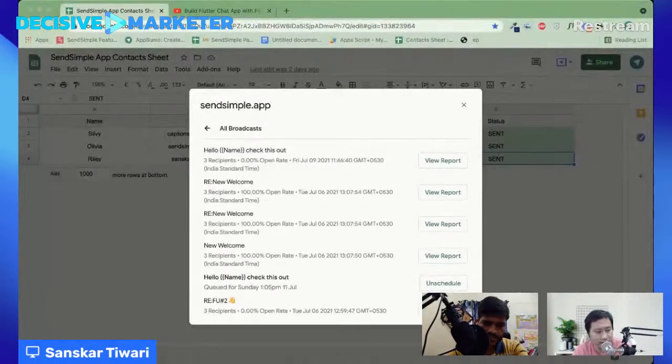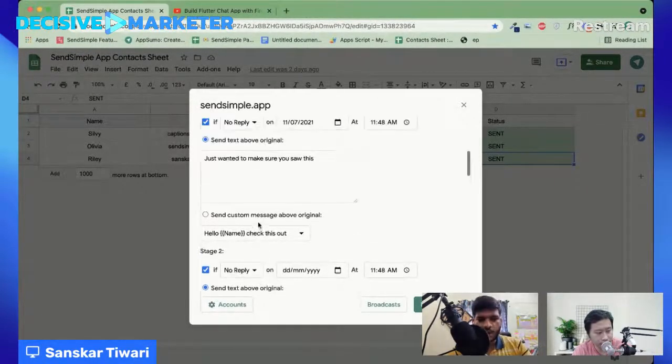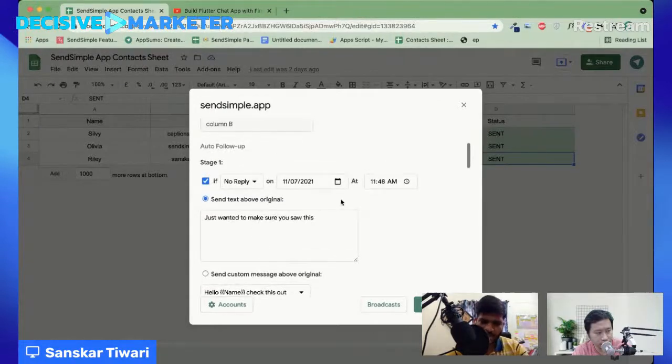Autoresponder in the sense that I could send out this email and then have another scheduled email 3 days later after you receive the first one? We do have that. These are the auto follow-ups. Basically, how auto follow-up works is you select a particular date. It can be after 2 days, after 3 days, or a particular date.